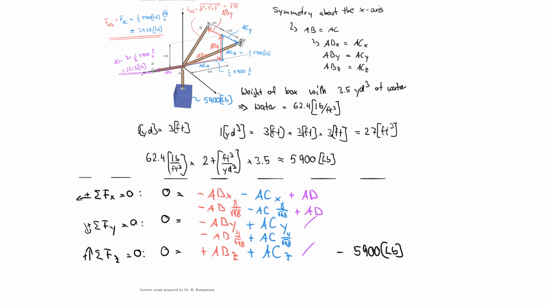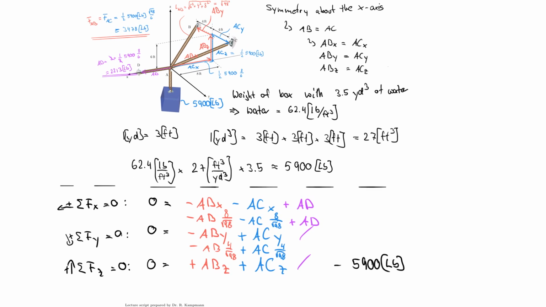And last but not least, the Z direction is also divided by 98, but multiplied by 6. And plus AC 6 over 98. All right, but we don't need to solve this now because we would just find the same answers as